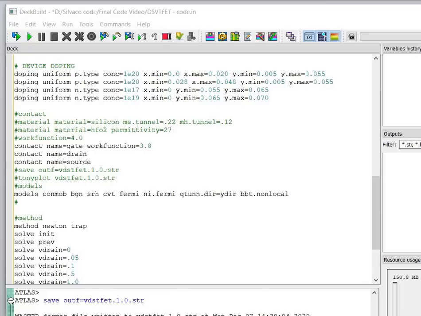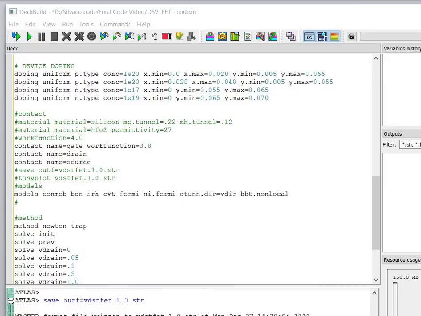Next, you have to define the doping region for the drain region. We are using the doping in the drain region as 10 raised to power 19 with their positional parameters. X minimum 0, Y minimum 0.065 and Y maximum 0.070.